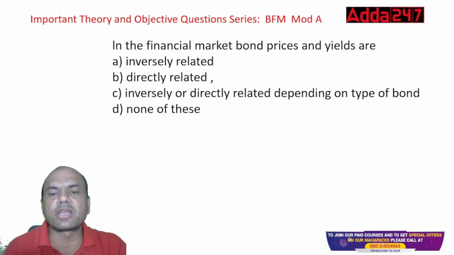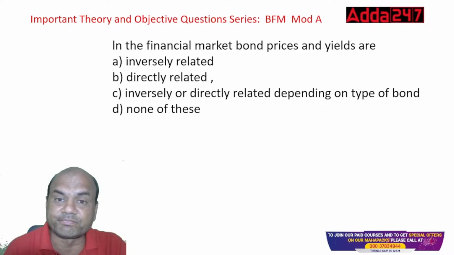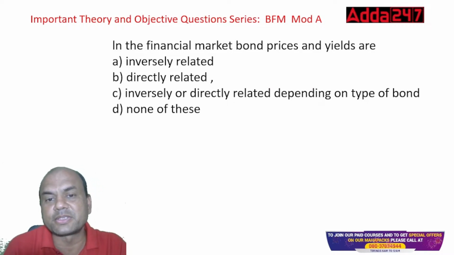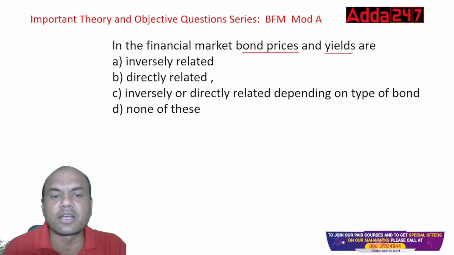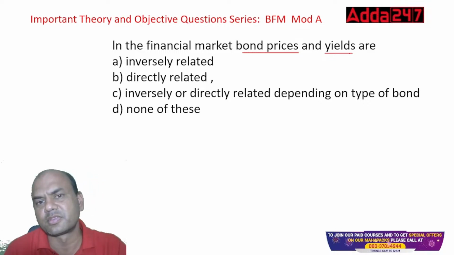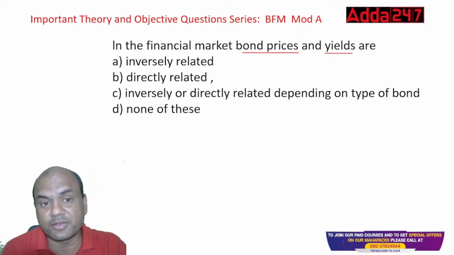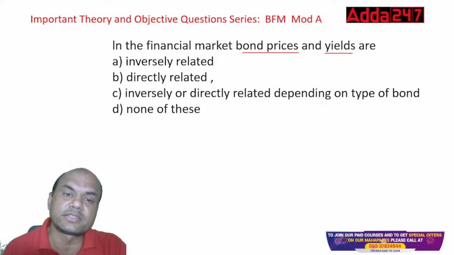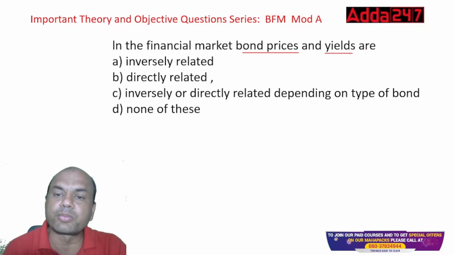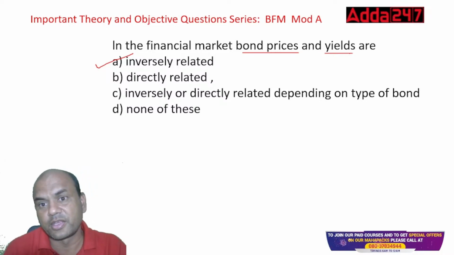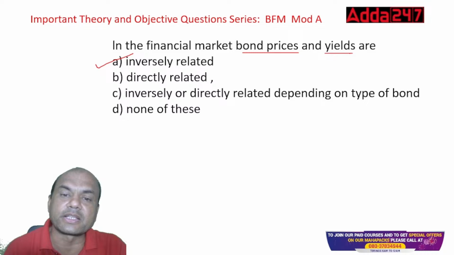In financial markets, bond prices and yields are: inversely related, directly related, inversely or directly depending on the type of the bond, or none of these. Give me the answer. Bond prices and yields are inversely related, right? If the yields go up, what is yield? Yield means asking rate. If the asking rate of any bond goes up, the price of that bond will go